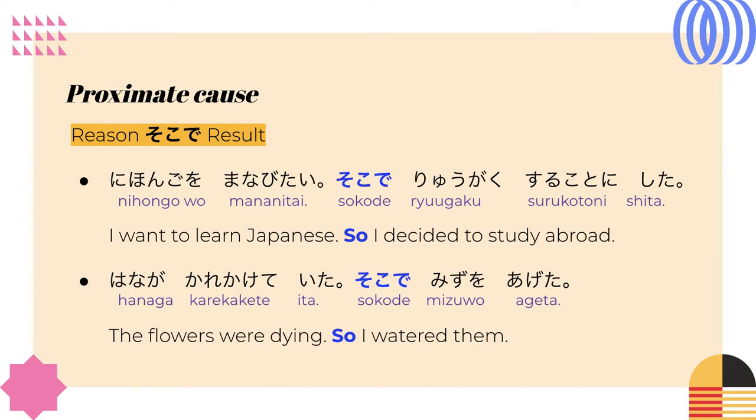The last proximate cause word that we're going to learn is そこで. Same thing. You would state the reason, insert そこで, and then conclude with the result. So, the first example says, I want to learn Japanese. So, I decided to study abroad. To say this in Japanese, it would be